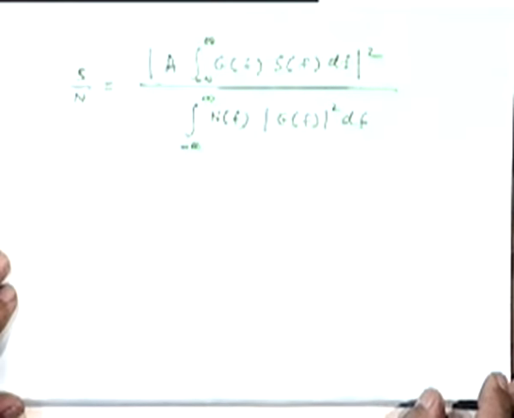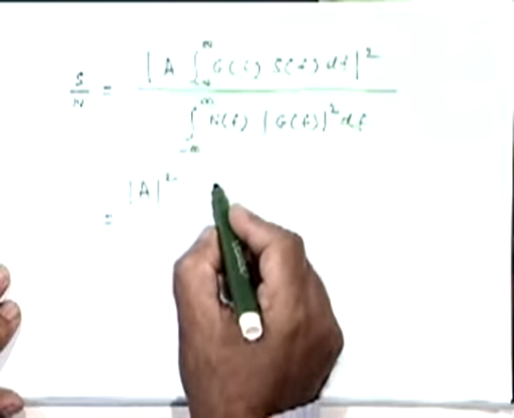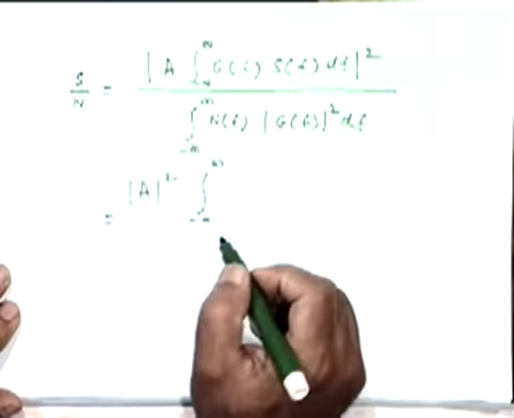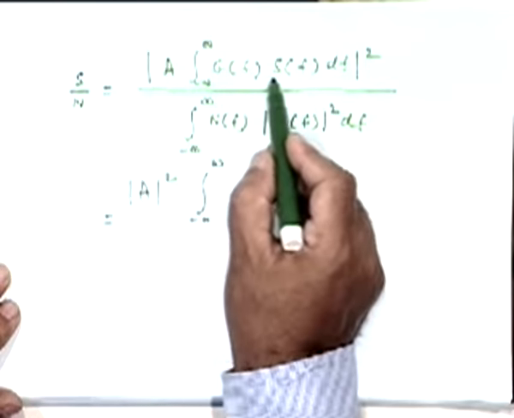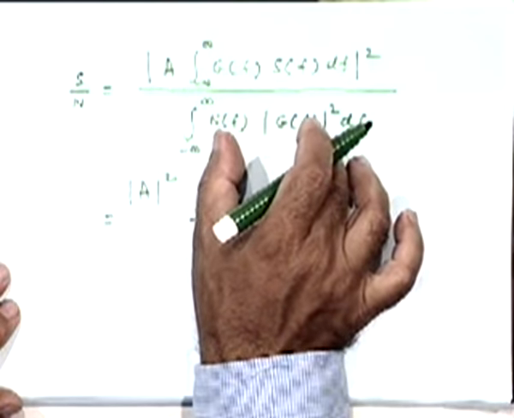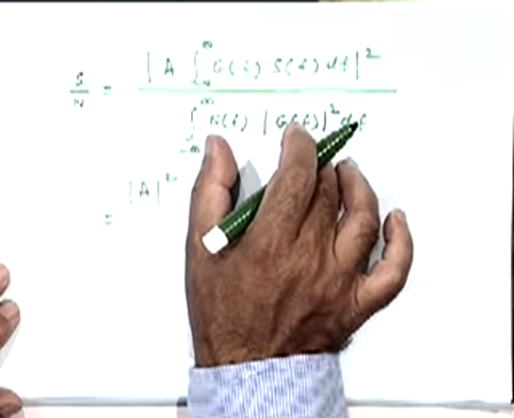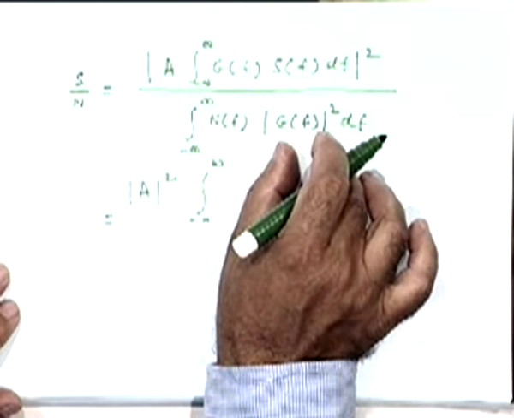Not so obvious. Numerator is... Hmm? Break down the numerator. Some manipulation is required before you can apply it straight away, because you have to identify functions. NF has to be taken as n by 2 also. Yes, that is true. So we can write it as mod A square... what we'll do is we'll rewrite the function here. See, the approach is the following. We'll identify this as what? One function. As the product function RT ST. Okay?